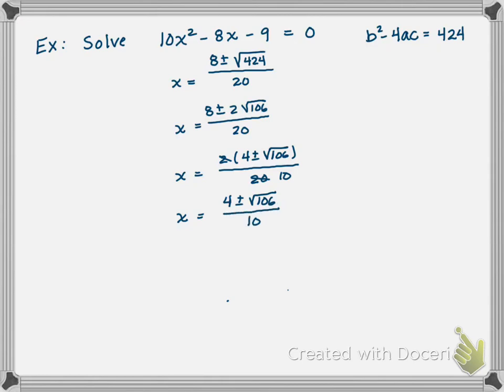over 10. Resist the urge to cancel more, right? Once we factor, the only potential canceling that you can do in these problems is if you can factor a number out of the entire numerator. So once you've done that, don't then be like, oh, I can cancel the 4 and the 10, right? Once you get rid of that GCF, there's just no more canceling that you can do. Okay, guys,